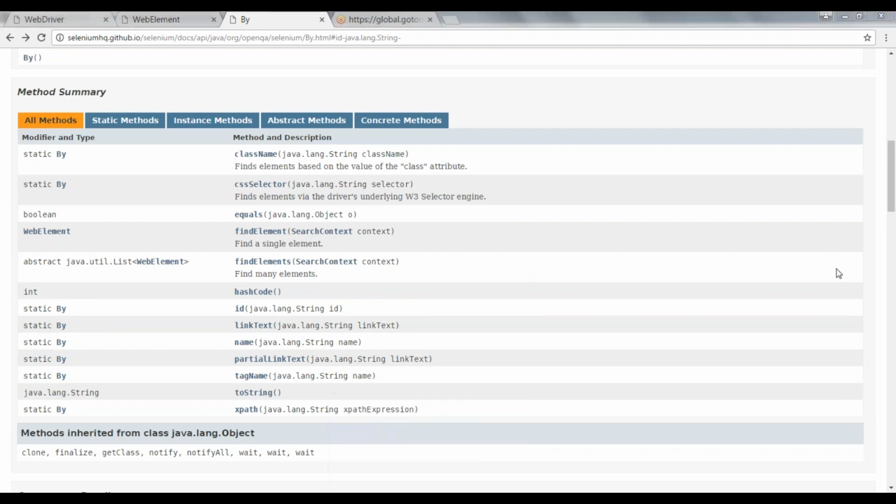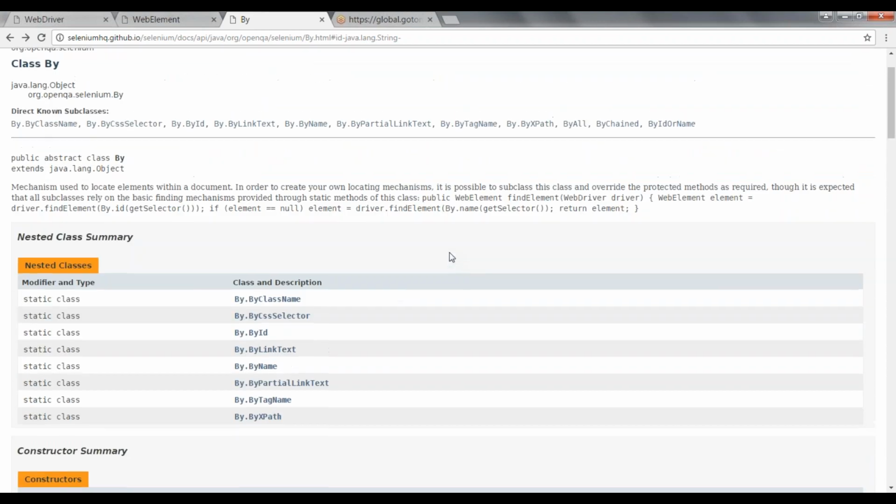So any doubts, you can always ask me or you can email me. But I want you guys to practice these things and try to identify the element and store that in a WebElement, and then you try to work on that. And I have shown you the stale element exception. Try to reproduce that exception, because sometimes you will encounter it when you work on multiple elements in different pages. So you might encounter stale element exception. Try to reproduce that with different scenarios also.